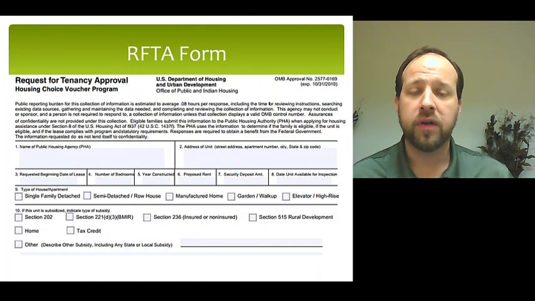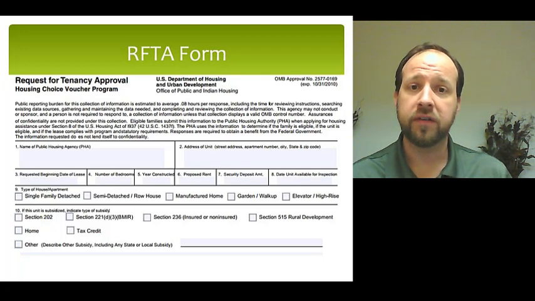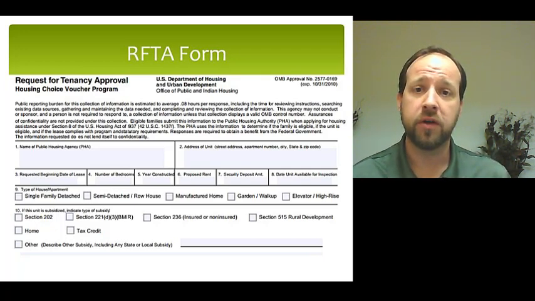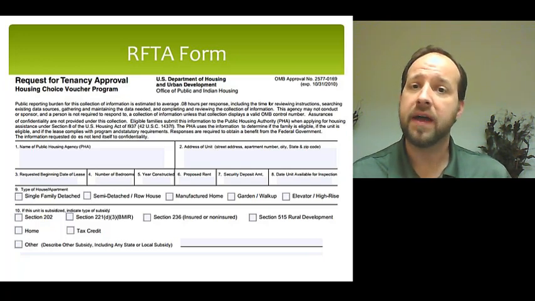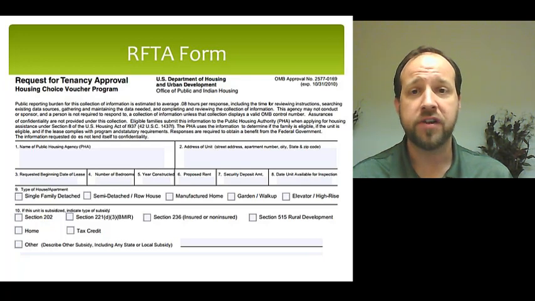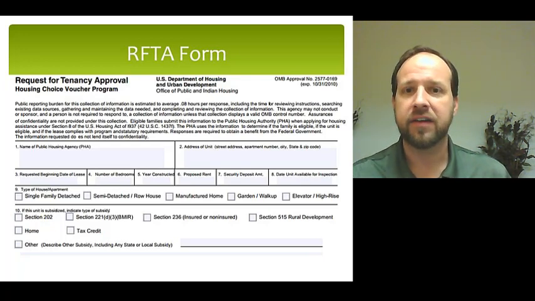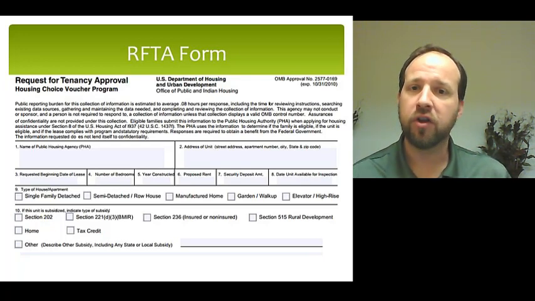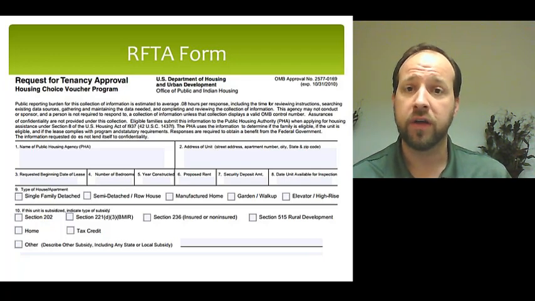Now, just as a note, sometimes you will have participants that are wanting to execute a lease at this point in time, or you yourself may be under the impression that this is the point in time to execute a lease. Please keep in mind that these documents do need to be executed and processed by the agency before any leasing activities can take place. So just a little bit of knowledge there in case you are presented with this opportunity to sign a lease before some of these other documents are put into place.